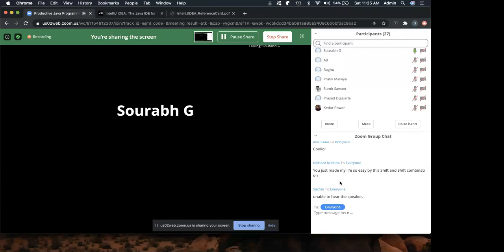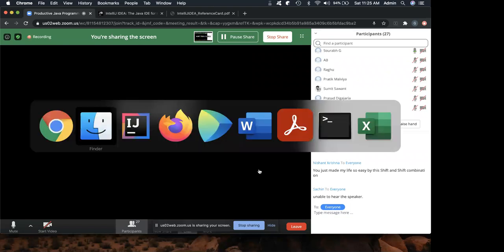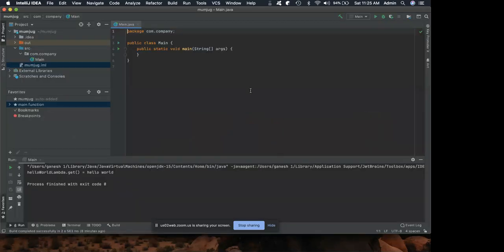Ganesh, one thing: when you're explaining these shortcuts and features, can you please tell us if some features are not available in community or not in professional? In my team, I have professional, but not all the junior developers have professional. Some people still use the community edition. Oh, okay. I am using the community edition only. So everything I'm covering in this session is in community, and by default, all of this is available in professional as well.